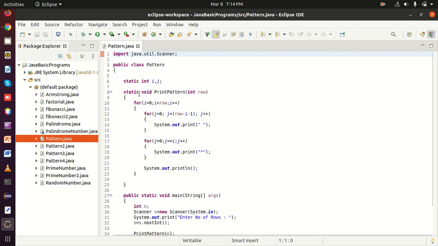Now I have created one method whose name is printPattern. That method accepts one integer value and it returns nothing, and its specifier is static.